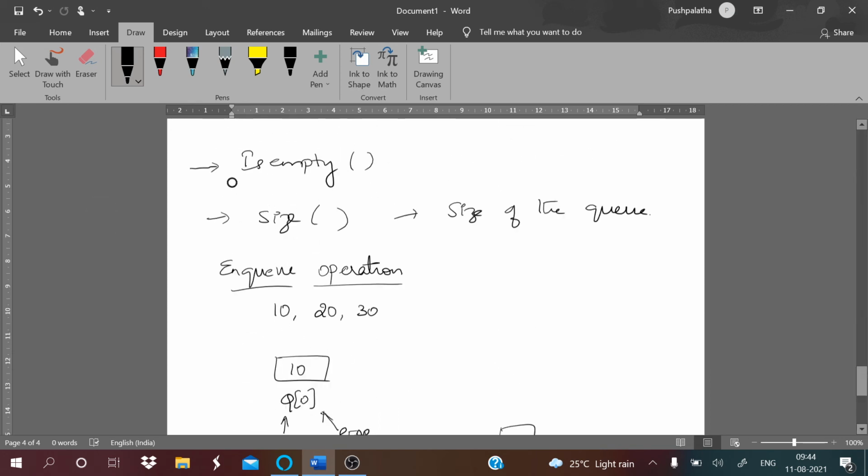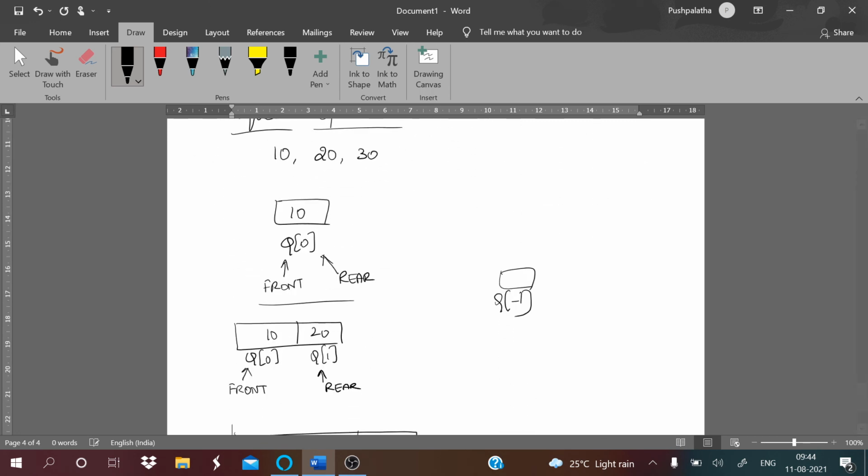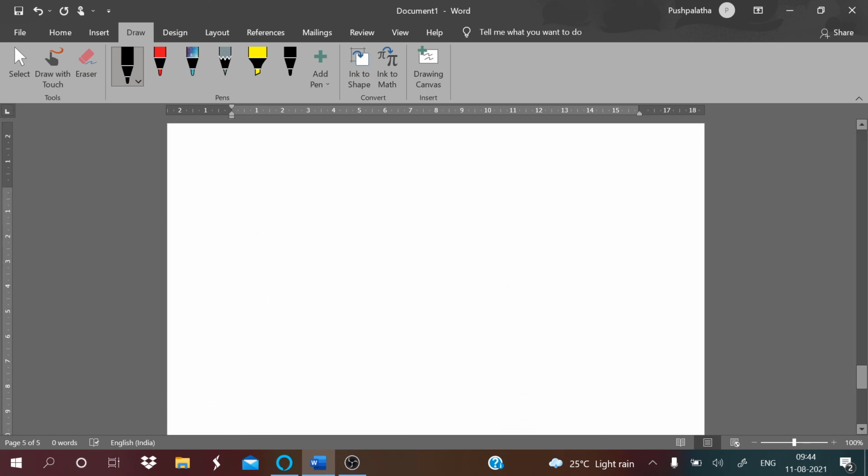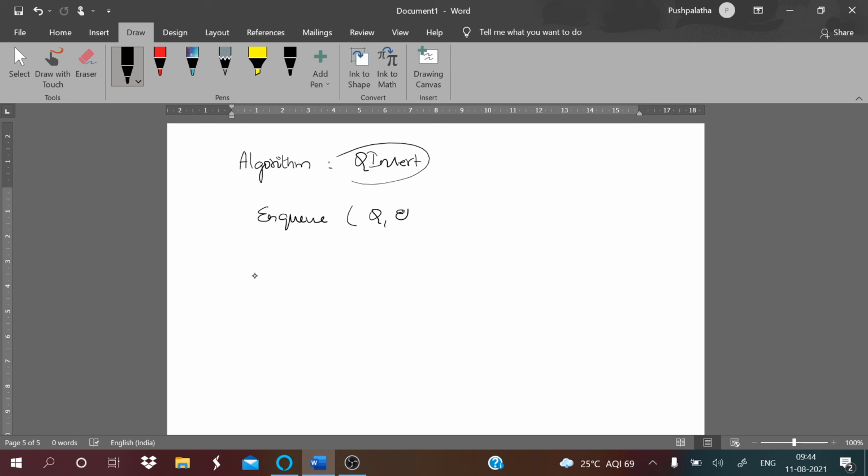Now coming to your algorithm for the enqueue operation. We are going for queue insert, or we can also call it enqueue. ELE is the element to be inserted and N is the size of the array. Step 1, start.